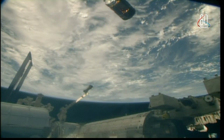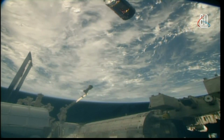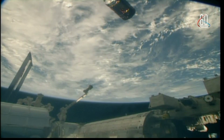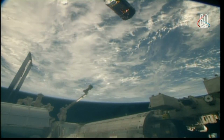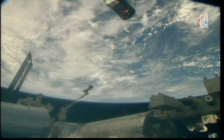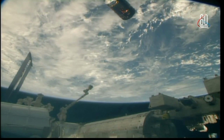HTV holding at 30 meters, about to depart towards the capture point once confirmed. The go, no-go poll around here in the room looks good, ready to depart that 30 meters here soon. You can see the station's robotic arm at the center, bottom center of your screen, sticking out towards the horizon